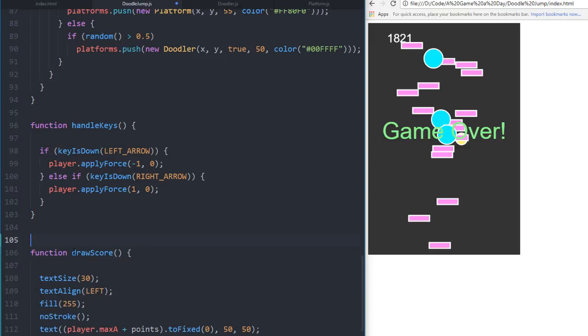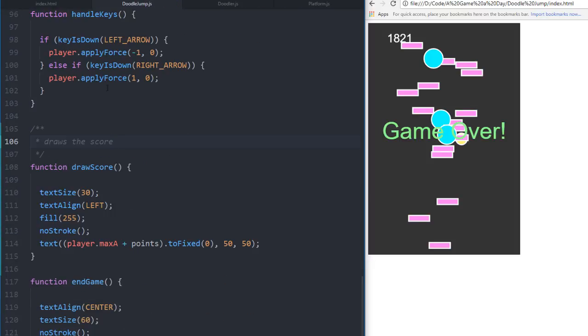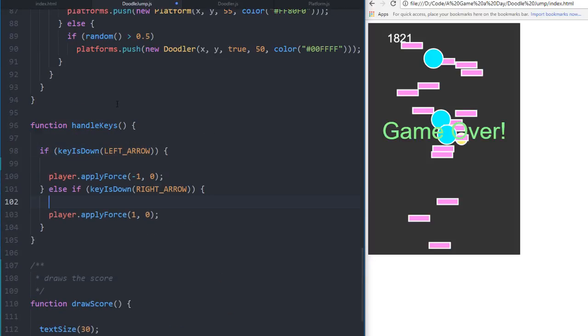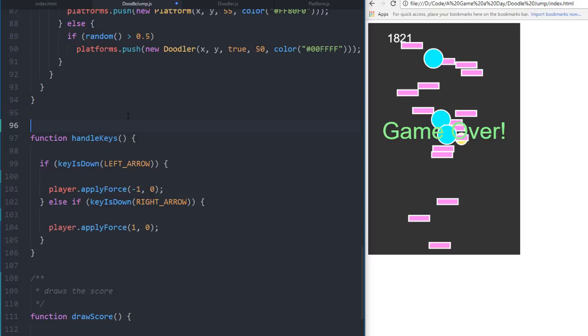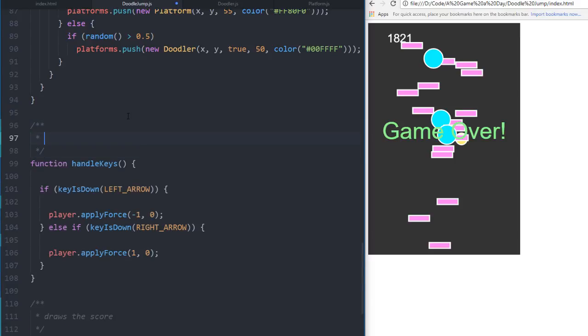Okay, here we're gonna document this saying something along the lines of draws the score. Okay. So this one, handle keys, moves player based upon user